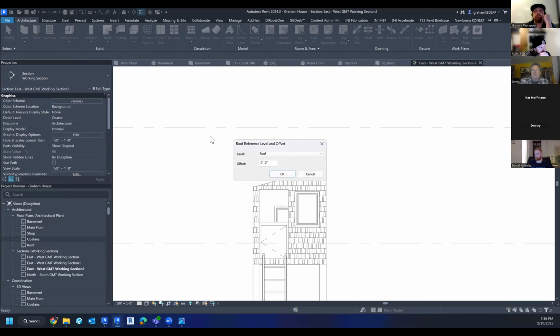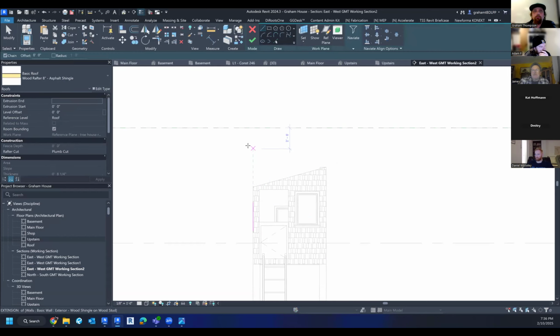It's going to say, hey, now this time I'm already in the view that's viewing it, so it doesn't come up with that window saying, hey, would you like to be in this section view? Yeah, I want to move that to roof. And now what it's saying is, hey, let's build this roof. You've got a plane that's parallel to that object. So I could make a flat roof, right? It doesn't matter what I draw here. What does matter is